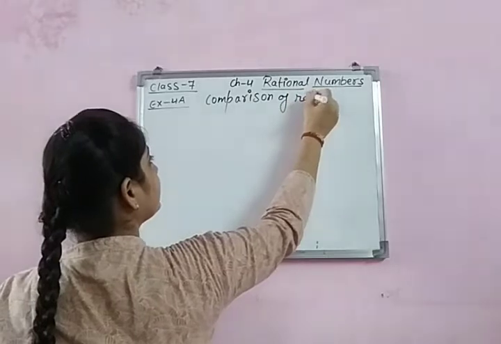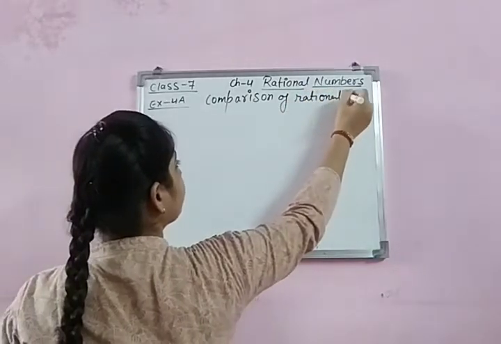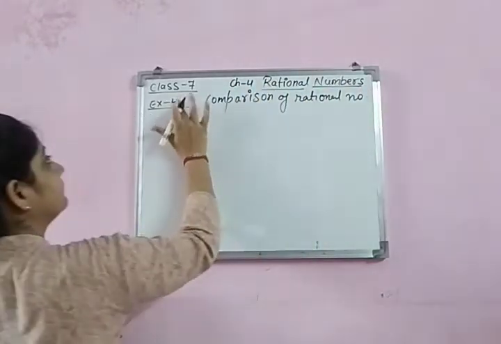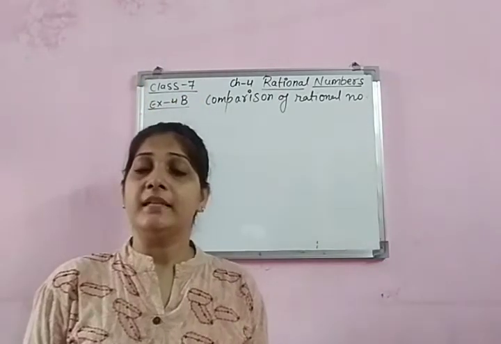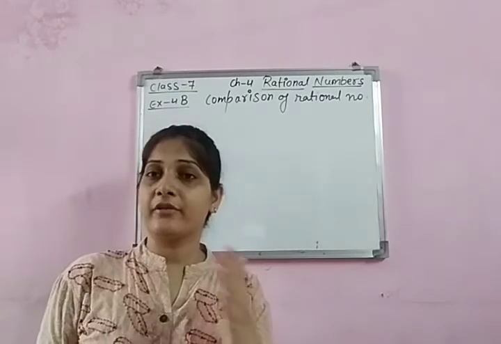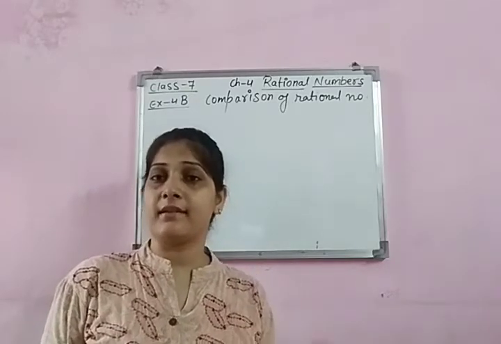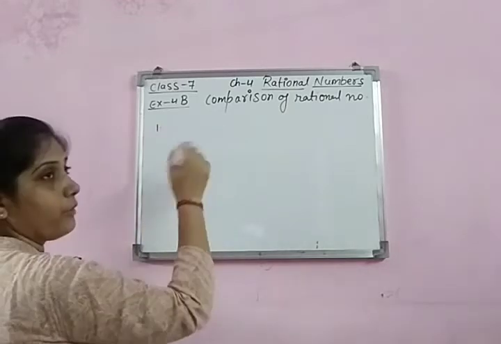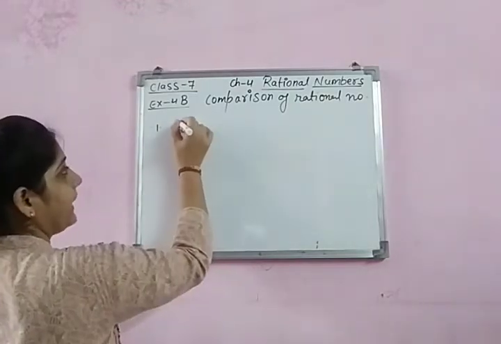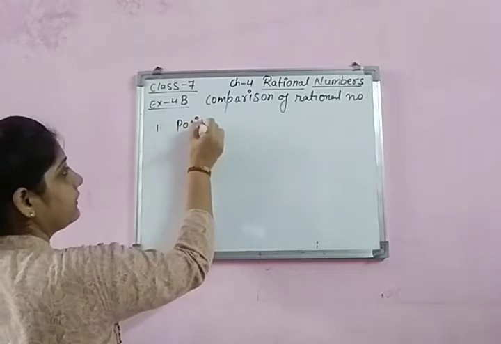And this is the topic from exercise 4B. Okay, comparison of rational numbers. Listen about this, children. We have different types of rational numbers: positive, negative and zero. So some points which you have to remember directly, like a positive rational number